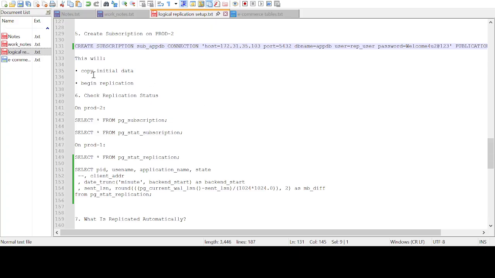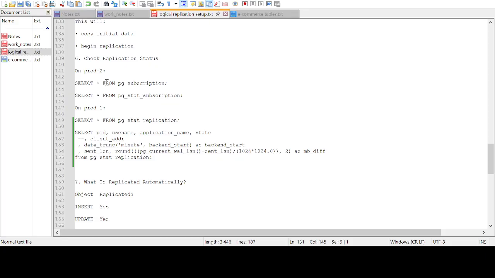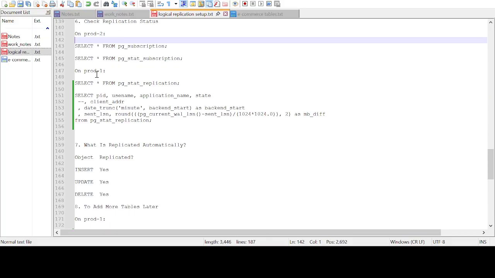What it will do is copy the initial data and begin the replication. So the moment you create the subscription, it will start copying the initial data and begin the replication. We can check the replication through different commands: select star from pg_subscription, and select star from pg_stat_subscription. We can run these commands on prod 2 to check the status of the replication, and on the prod 1